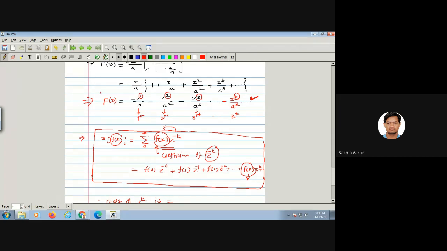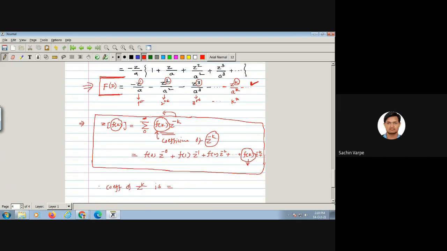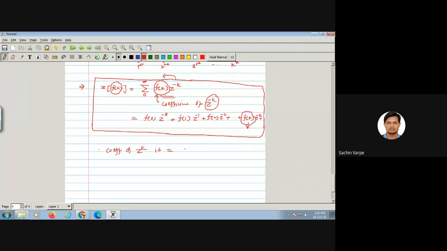इसमें पूछ रहा हूं मैं, इस expansion में what is the coefficient of z raised to k? That is minus 1 by a raised to k, because z to the power k का coefficient is minus 1 by a to the power k, right? But मेरा required f of k होता क्या है? ये किसका coefficient होता है? z raised to minus k का. मुझे क्या मिला? z raised to plus k का coefficient. So how do I get the required f of k? By replacing k by minus k.